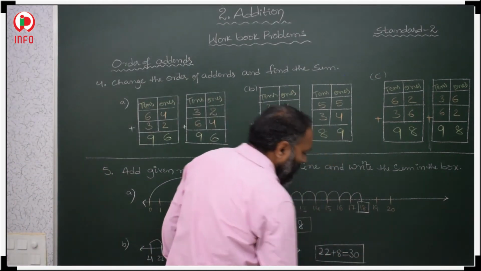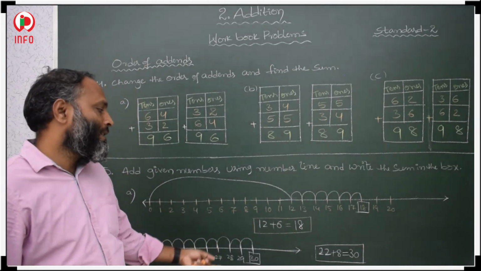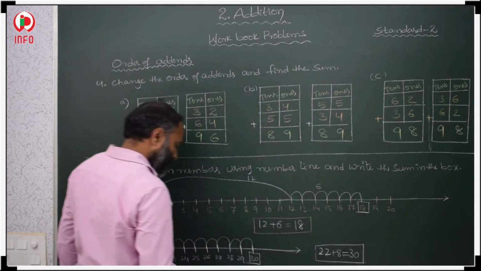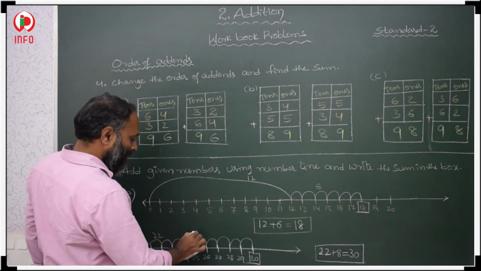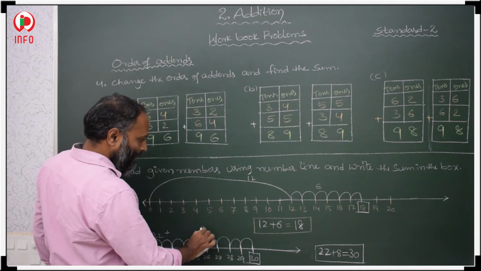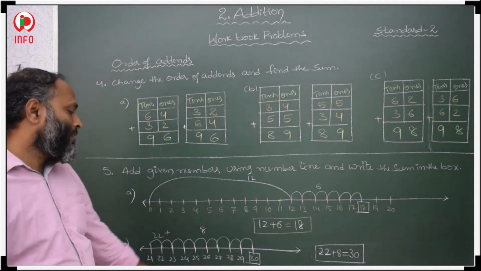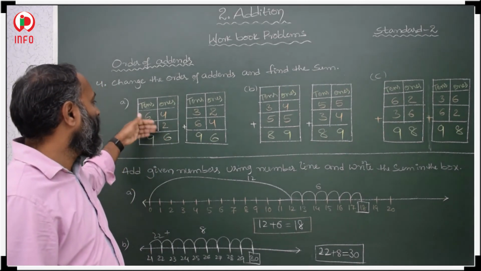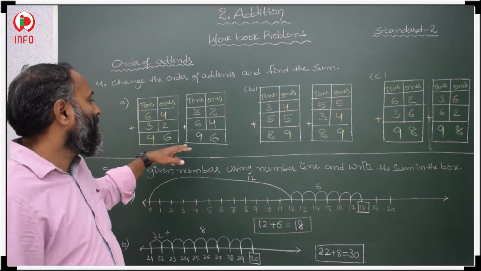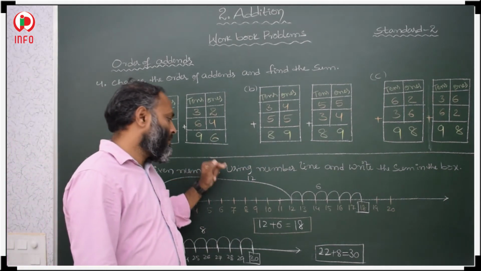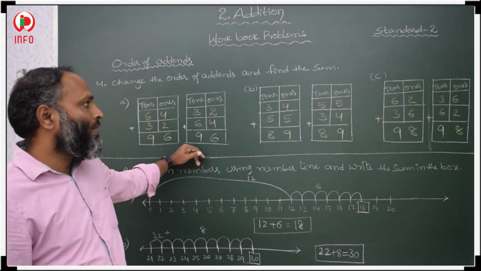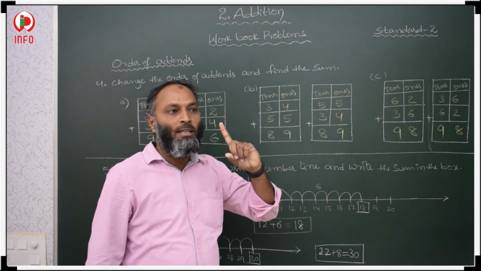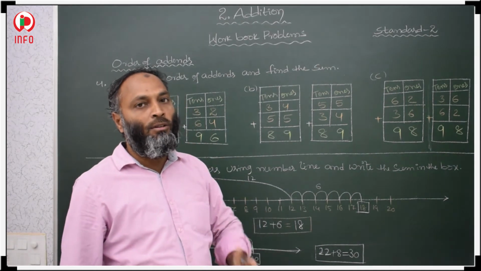This is the answer. So on the number line we have to add like this. This is 12, till here, and this is 6. Here 22 till here and this is plus 8. So these are our answers on the number line. Addition on number line. If the order of the addends changes, the sum remains constant. In this, one more question is there. We did three sums, A, B, C, and one more similar sum you do as your home assignment.